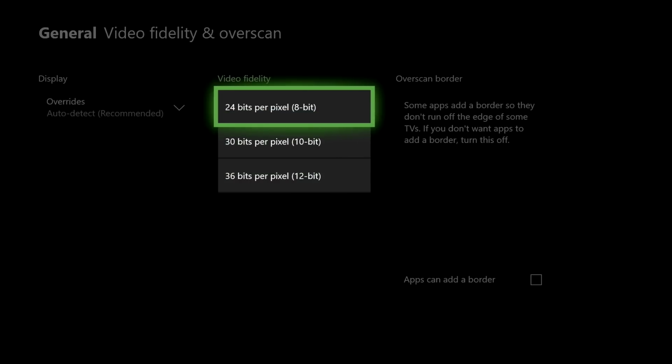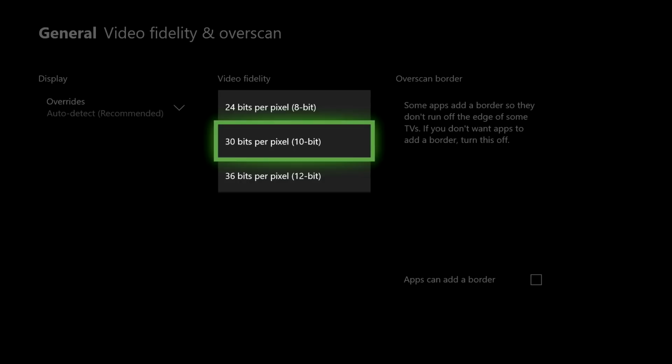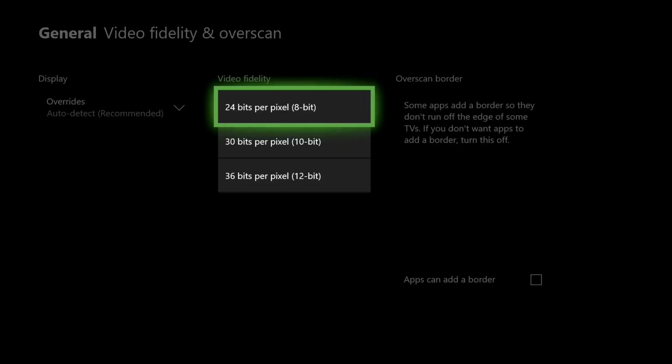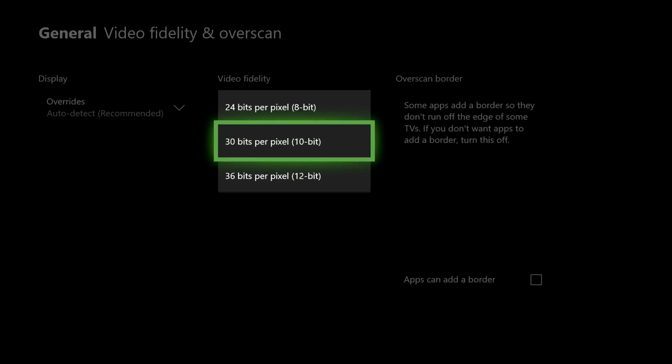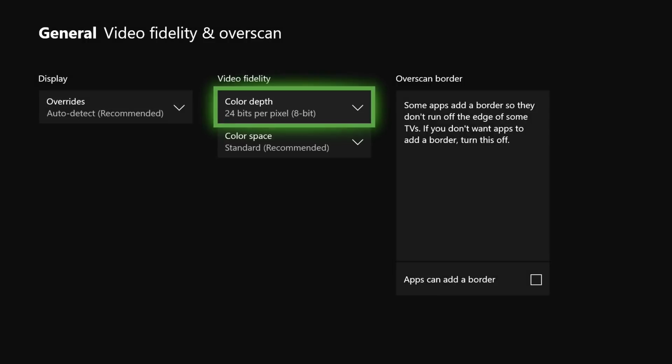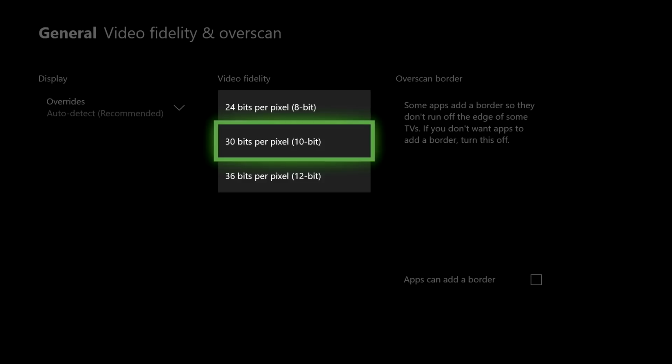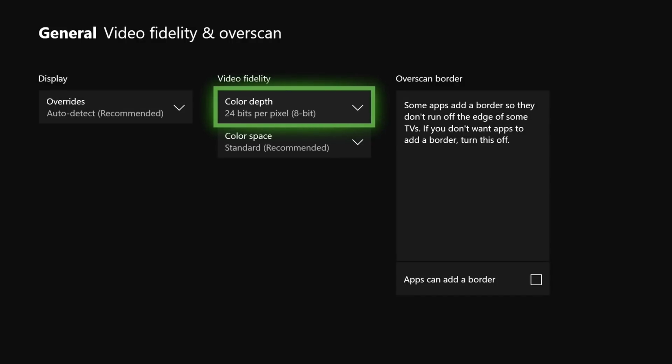If you want to stick with the middle one, I suggest you stick with the middle one. It's going to be a lot better actually. Or you can go lower, or if you want to go higher, just go higher, guys. It all depends on you, but I just like it on 24, or the normal one at 30 bits. So let's go to the next method.